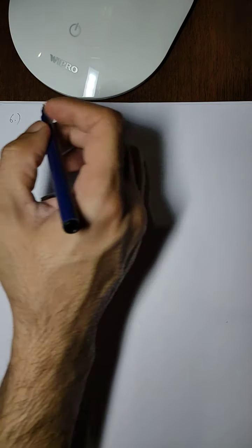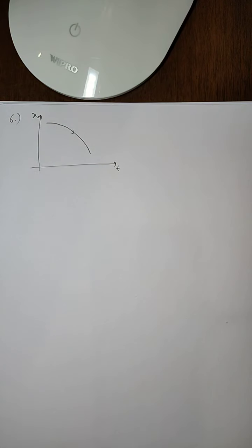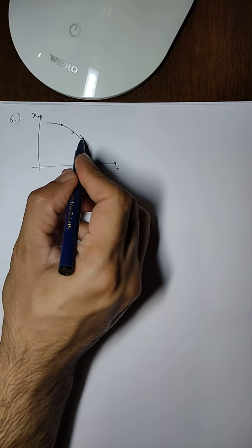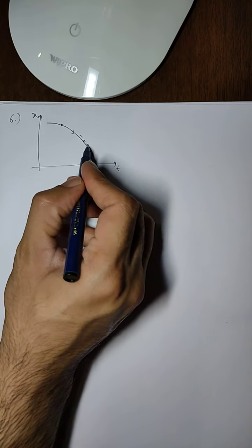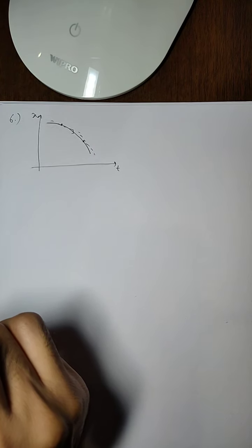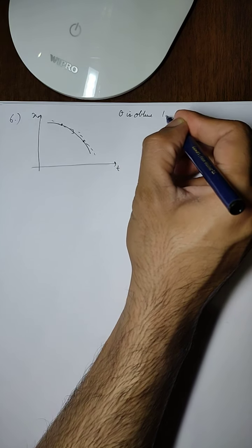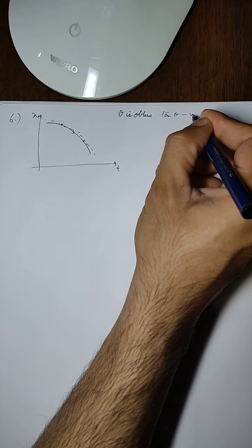This graph is like this. So here if we take 2 points and make a slope on these 2 points, we can see that the slope, the theta, will be an obtuse angle. The slope tan theta is negative. The slope is negative because theta is obtuse. So tan theta is negative.